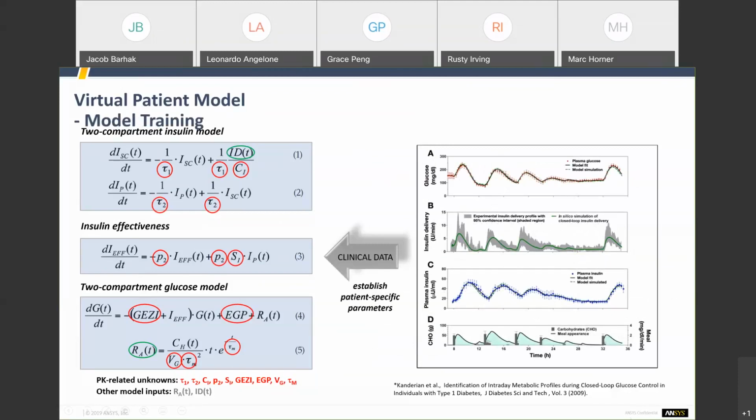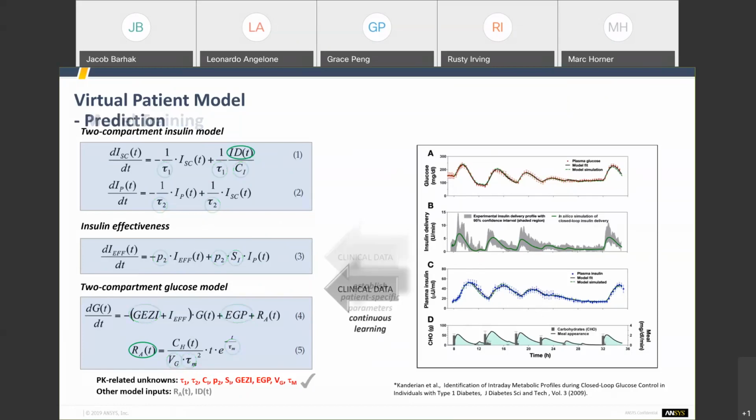But we can use clinical data. There's a really nice study back in the late 2000s by Kanderian et al., where they had patients in the hospital. They were able to control their carbohydrate intake over time. They tracked plasma insulin over time. They tracked the insulin delivery over time, and then their blood glucose concentration over time. And through this, they were able to solve an inverse problem and identify the patient-specific parameters on a patient-by-patient basis